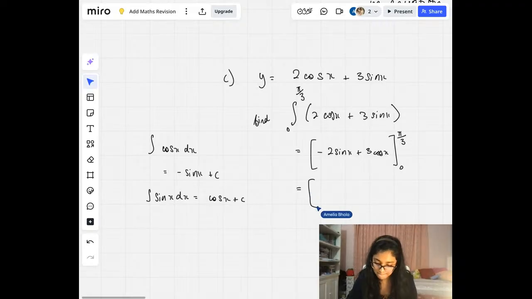Okay, so it's just like the other one. It's like a function, so I'm just going to plug in my values. I'm going to plug in the upper limit, which is pi over 3 every time I see x. And then I'm going to